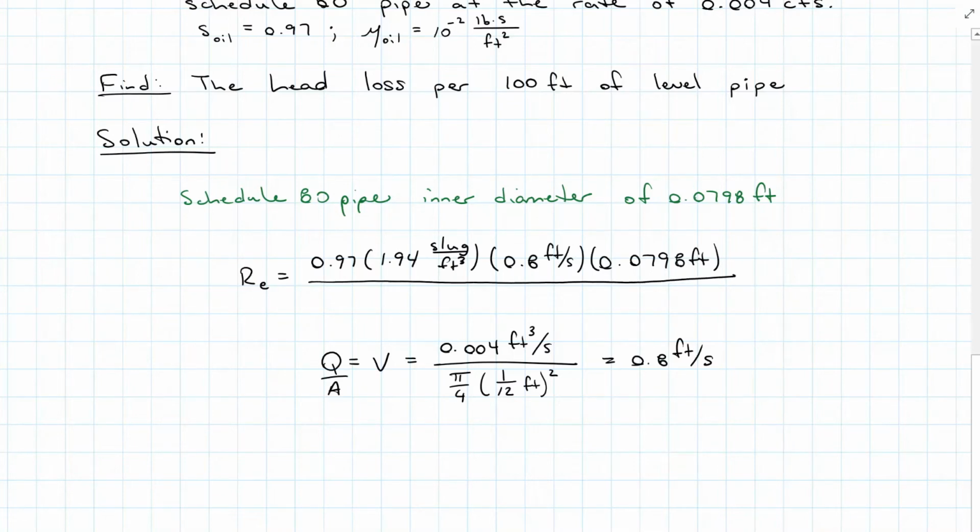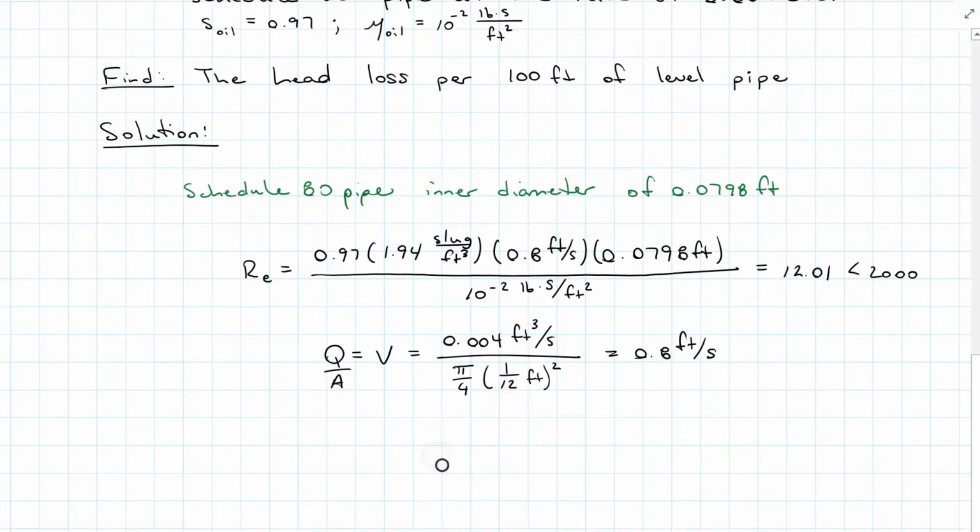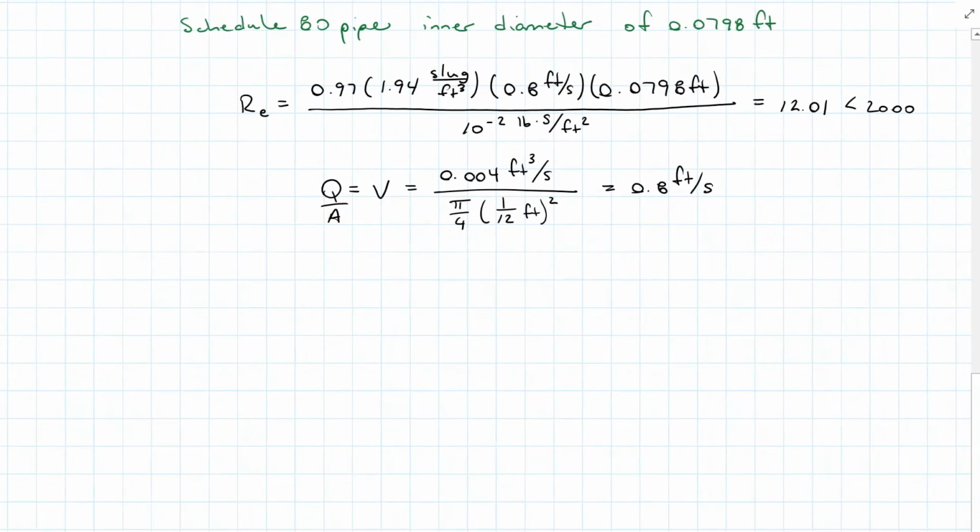All over that viscosity of the oil that was given to us at 10 to the negative 2 pound second per feet squared. And we end up with a Reynolds number of 12.01. That is definitely less than 2,000, so we are in laminar flow. That is important, so we can use our head loss equation, which is that